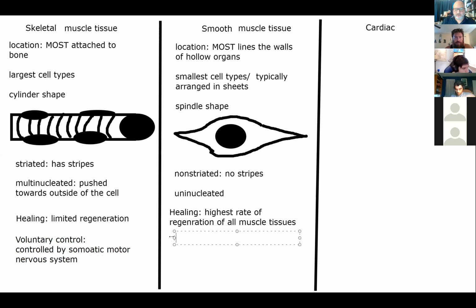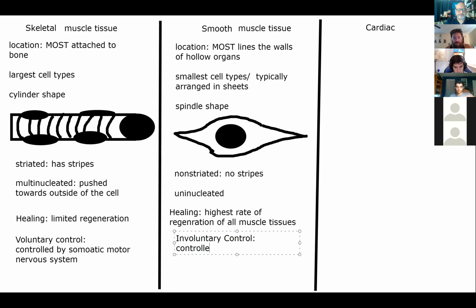No. So it has involuntary control. But if I rip my stomach out, put it in a petri dish and provide it with all the oxygen and nutrients that it needs, will it contract on its own? No. So while it is involuntary control, it is controlled by what we call our autonomic